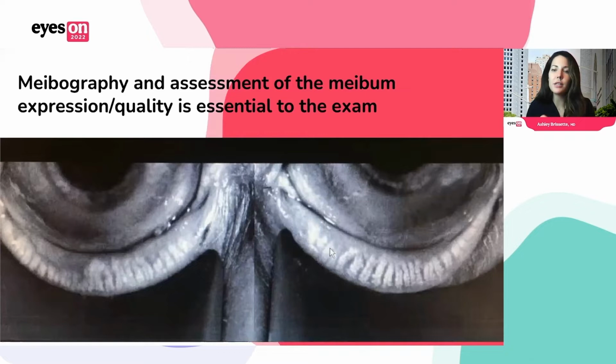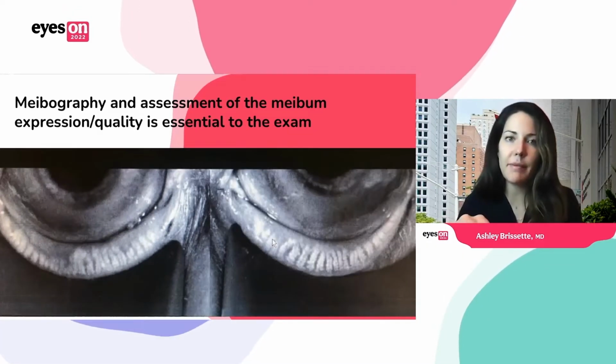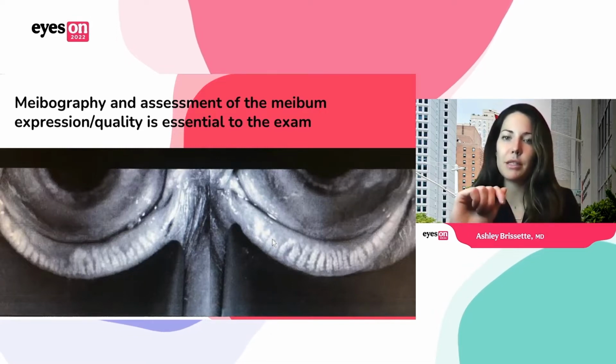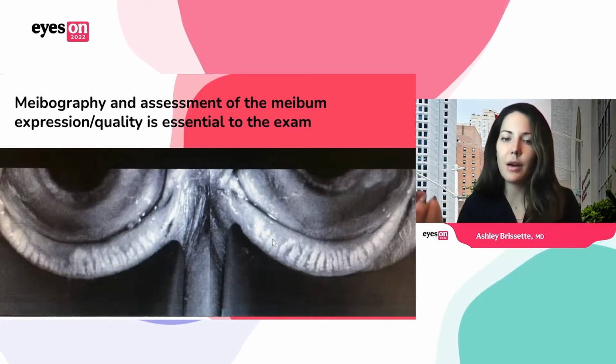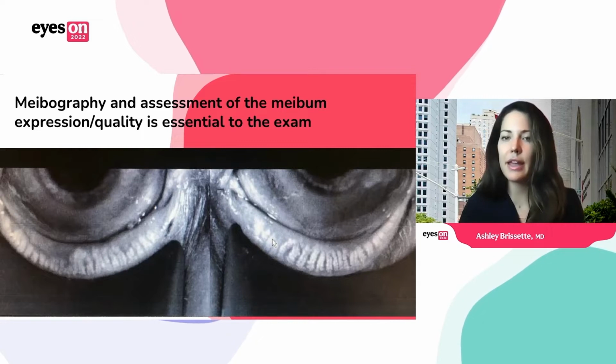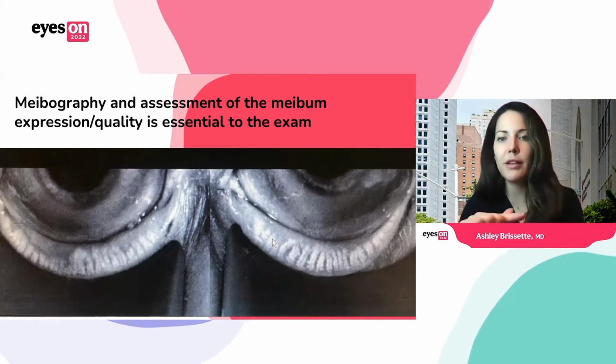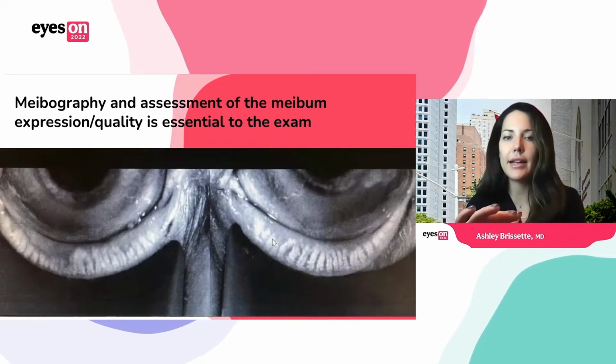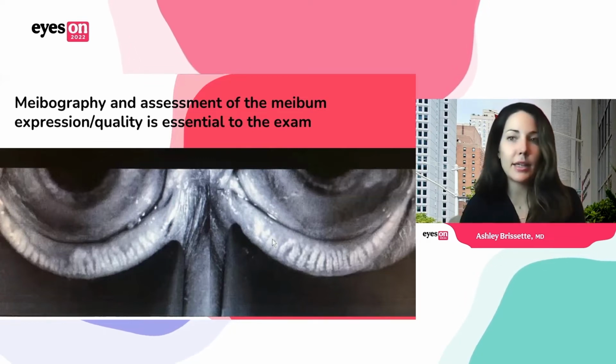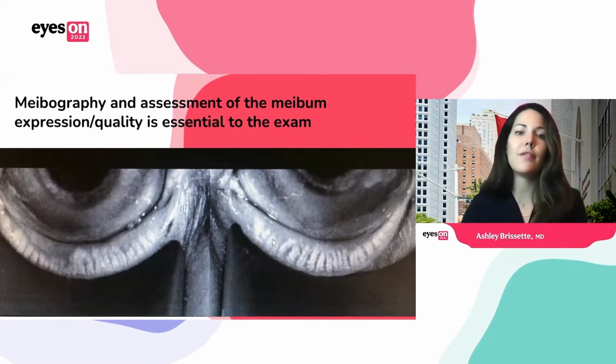So what I'll often do is I'll take a look under the slit lamp at the opening of the meibomian glands, and I'll even push on the lower lid margin to see if there's expression of meibum. In some of these dry eye patients, you'll actually see that meibum expression is quite slow, or you might get a thickened, kind of keratinized almost appearance of the meibum. And you'll have to press pretty firmly on the glands and on the lower lid margin to get any expression of the meibum. And that in itself is abnormal.